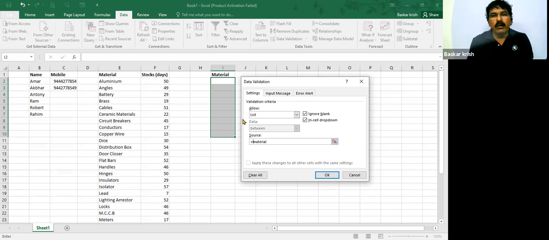Please, I am repeating once again. First of all, we have selected the group and created a group name called material group. Now we are selecting these cells for data validation with a drop-down list box, so that the user cannot enter any other data, like an isolator, or any spelling mistake. So we are going to restrict this cell with data validation and a drop-down list box. Once I click this,